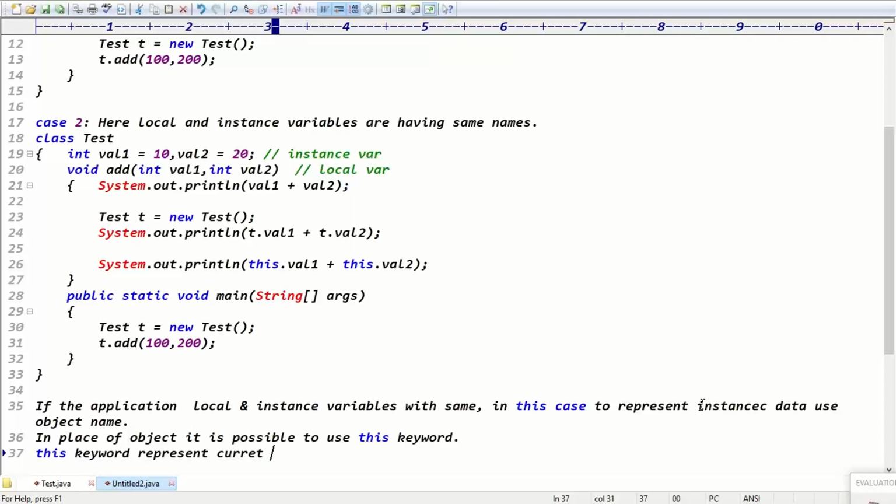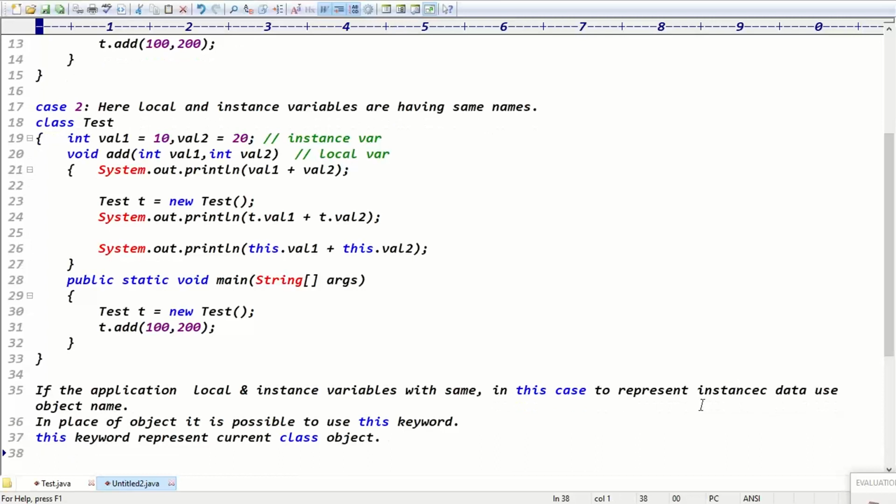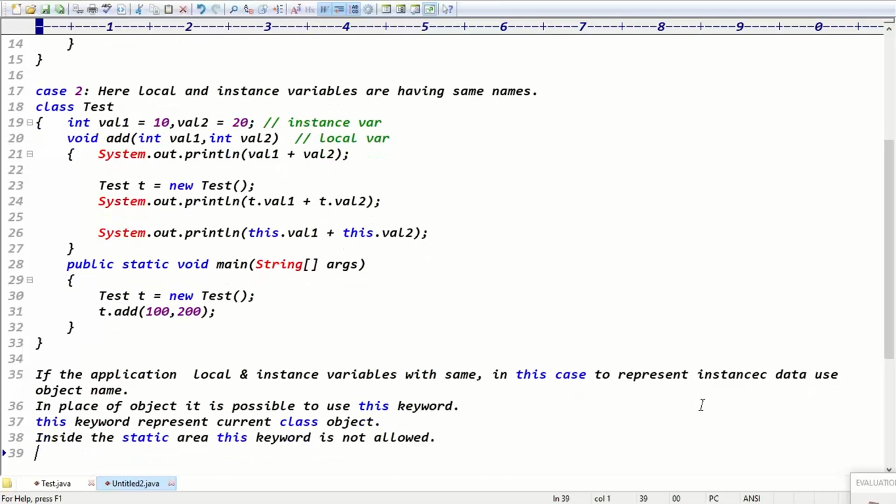Please mute, guys, please mute. And inside the static area, is the this keyword allowed or not allowed? Inside the static area, the this keyword is not allowed, right? Exactly, guys.